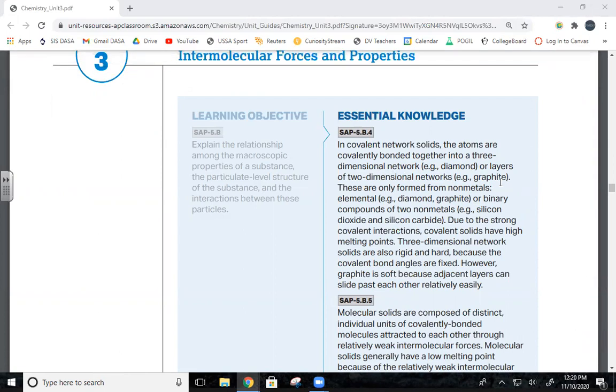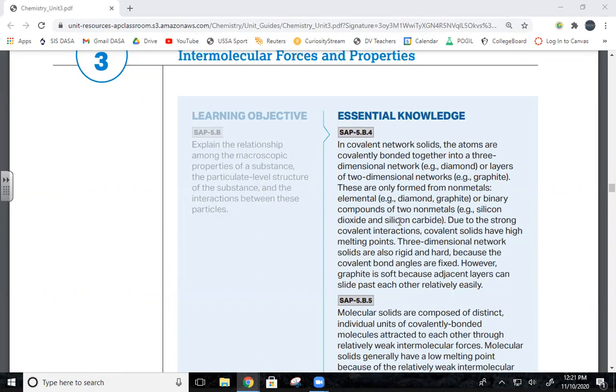Does anyone know anything about graphene? It's a single layer of carbon, all bonded together in little hexagons. Buckyballs are a different situation. That's essentially graphene bent in all over itself. Carbon nanotubes, right. Carbon is the best example for this when it talks about non-metals, right? Elemental diamond and graphite are both carbon. You can get this in silicon as well: silicon dioxide and silicon carbide.